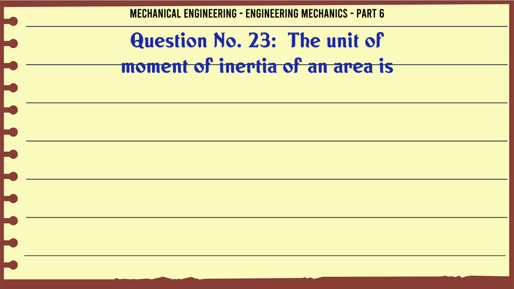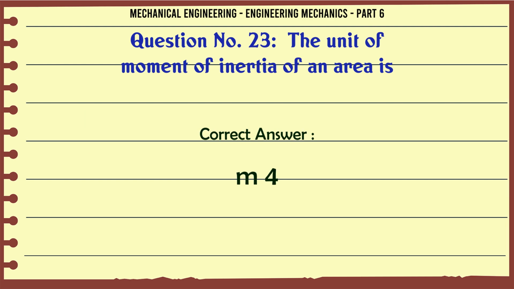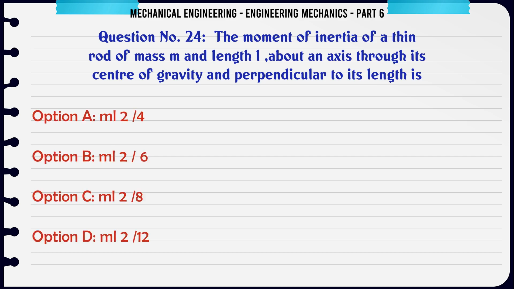The unit of moment of inertia of an area is: A) kg·m², B) kg·m/s², C) kg/m², D) m⁴. The correct answer is m⁴. The moment of inertia of a thin rod of mass m and length l about an axis through its center of gravity and perpendicular to its length is: A)